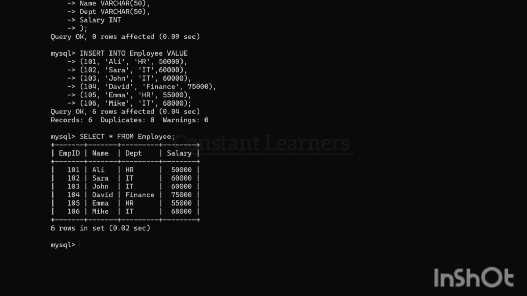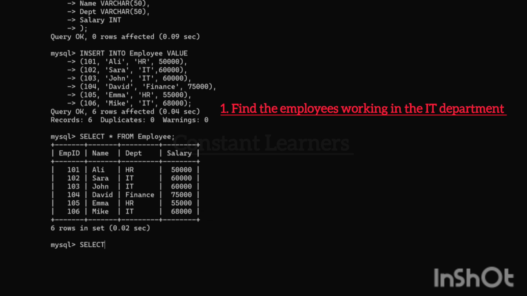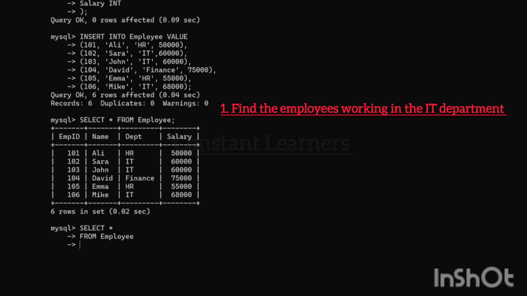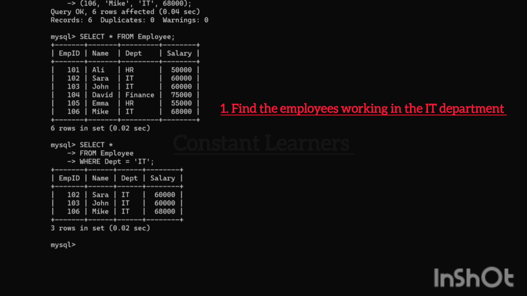So we have to start with select all. So when we use select all, the DBMS will go through all the columns in each row. Then which table are we taking this from? From the employee table. So we have to inform the database that we are looking at the employee table. Now where condition will be very simple, department is equal to IT. So this where clause is going to filter those rows where department is IT and give us the output, right?